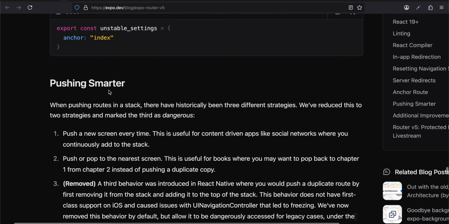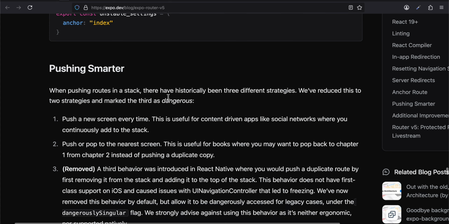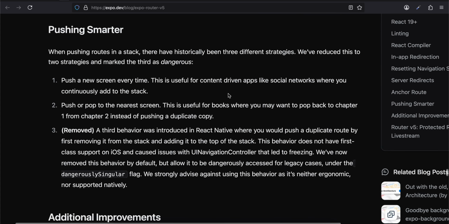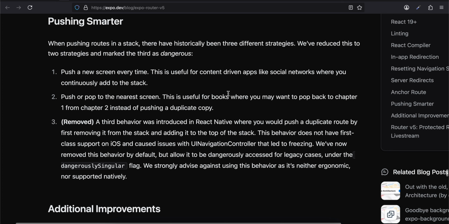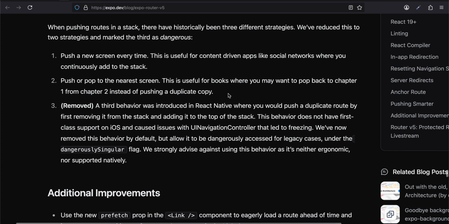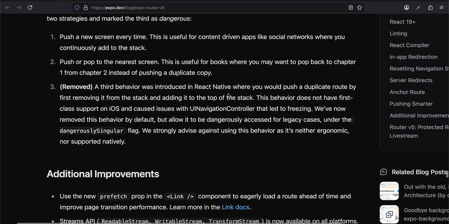Pushing smarter: when pushing routes in a stack, there have historically been 3 different strategies. We have reduced this to 2 strategies and marked the third as dangerous. Push a new screen every time. This is useful for content-driven apps like social networks where you continuously add to the stack. Push or pop to the nearest screen. This is useful for books where you want to pop back to chapter 1 from chapter 2 instead of pushing